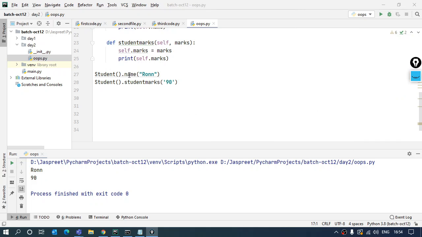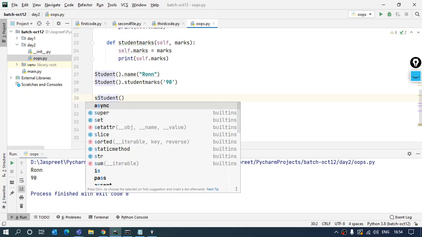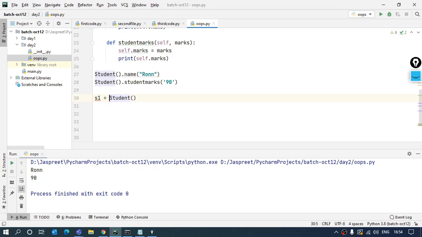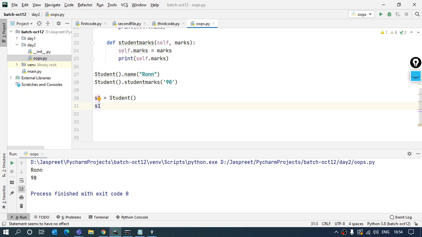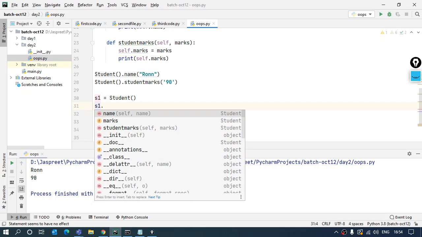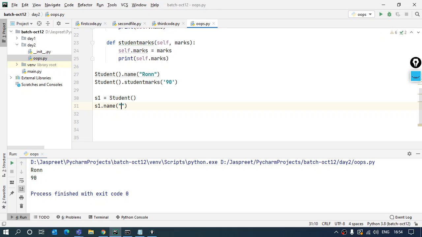So if I do the same thing, now I create the object student and I give a reference to it the same way, S1 equals this. Now using this reference S1, I will be calling the functions like name, marks, student marks, whatever I want to use. So I'll have the name over here, which is, let's say, Jerry.